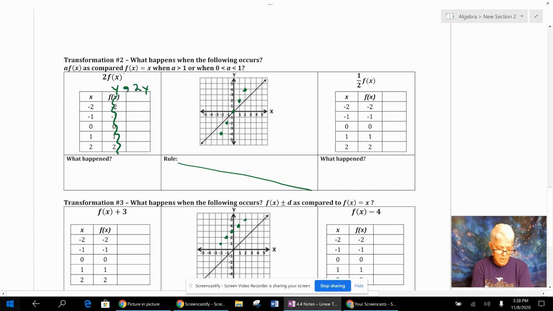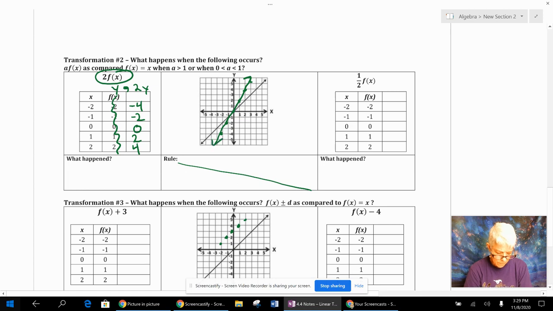Now, again, if you look here, the original function is f of x. I'm putting a 2 in front of it. So what does that do? If it was originally -2, it's now -4. -1 is now -2. 0 is still 0. 1 is now 2. 2 is now 4. So what happens? Again, I went ahead and graphed some of these points, and you can see